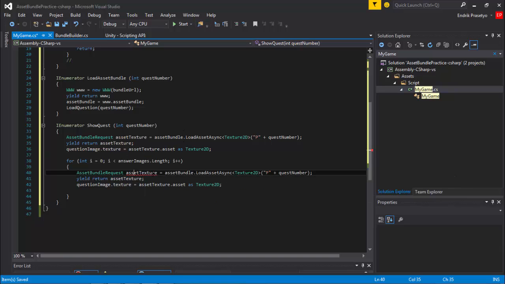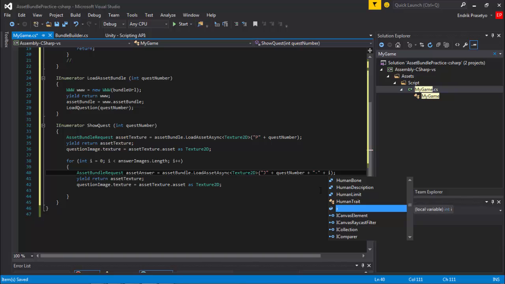Just change the name, change it to asset answer, and this time it's going to be J plus question number plus strip, or what is that character, I don't know the name because I'm Indonesian, plus index,